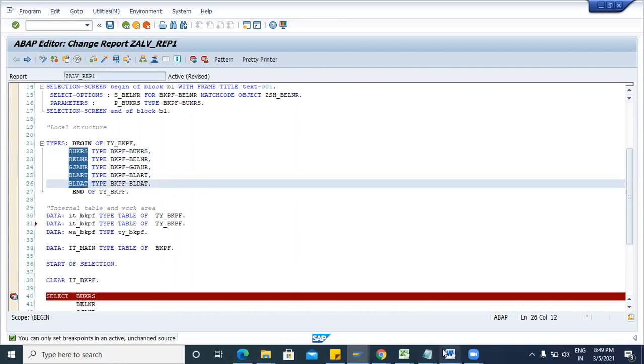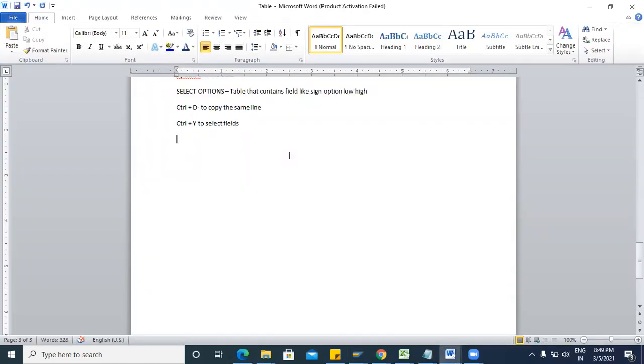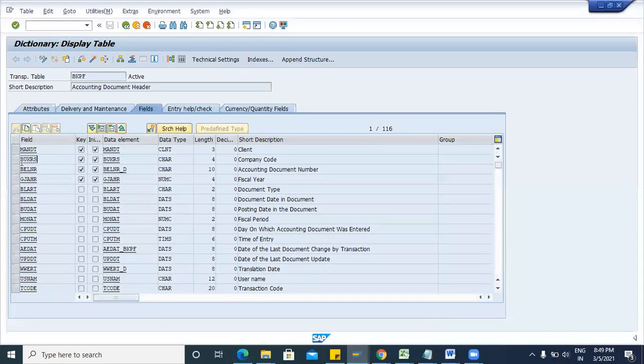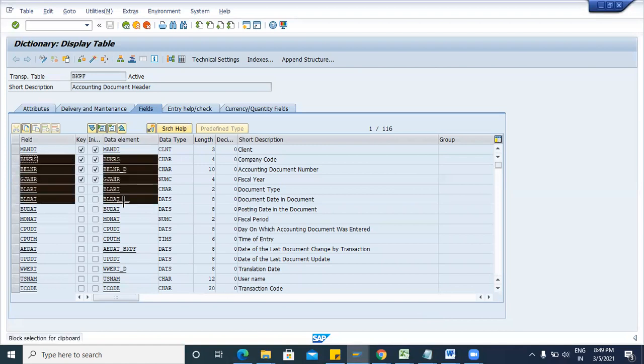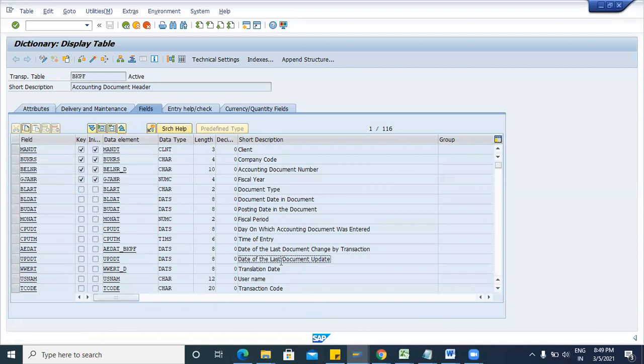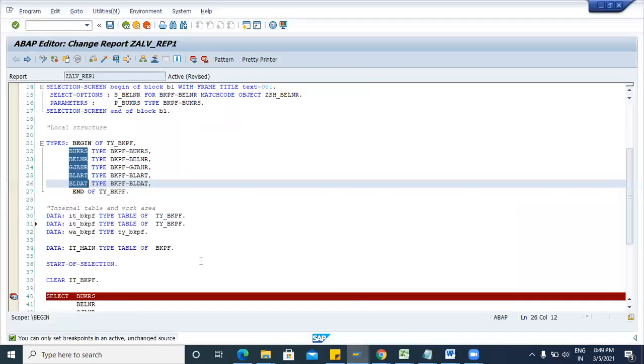So using alt plus select, to select fields. So if you want to select from the standard table, then you can use control Y. Control Y to select. So you can also select control Y this. So these are some shortcuts.